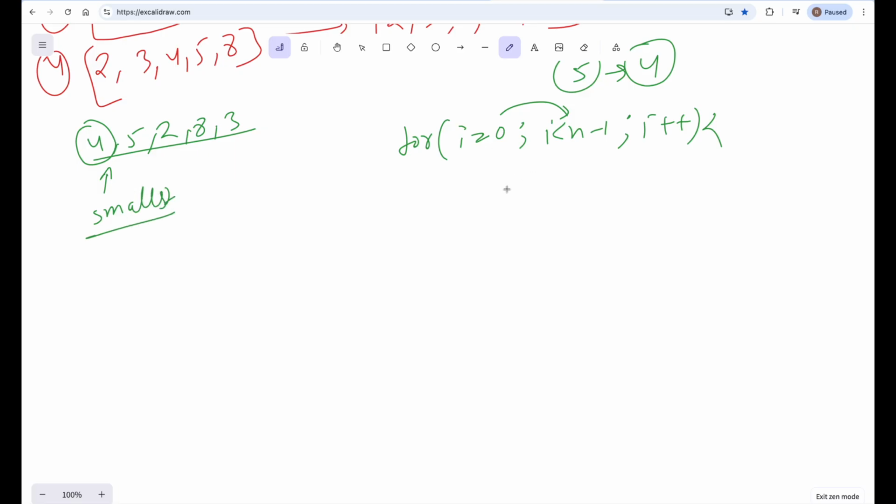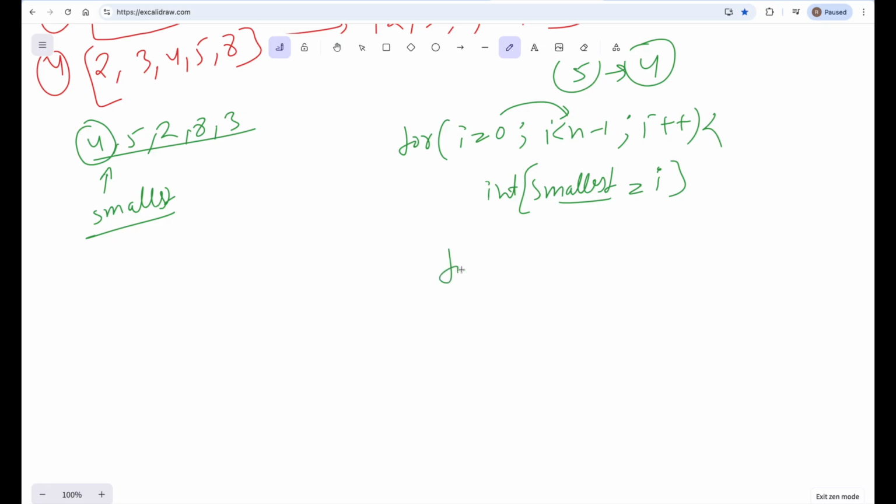So we can take an integer variable, let's say smallest, which will be equal to i. We are just tracking the index which is smallest. In the beginning, our pointer will be at this position, and let's say this is the smallest element. To find the actual smallest, we need to run a sub loop and compare all elements with this one, and whenever you find a smaller one, you update this smallest index. Let me tell you how.